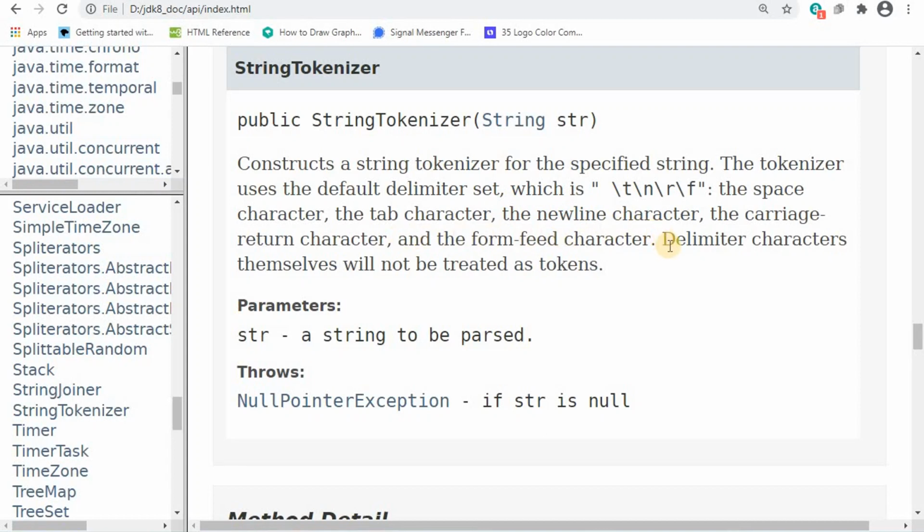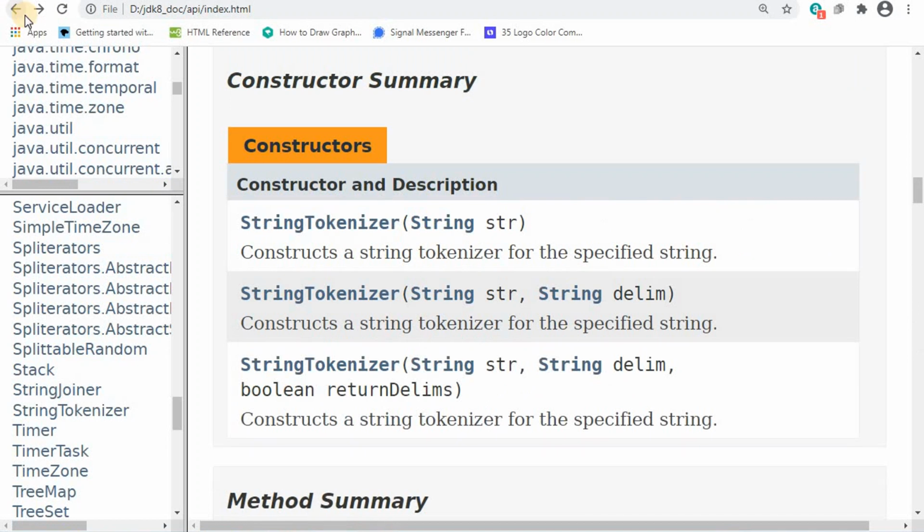The delimiter characters themselves will not be treated as tokens. Next, we can go to another constructor. This is a constructor which specifies the delimiter. That means based on the given delimiter, it will divide a string into tokens.